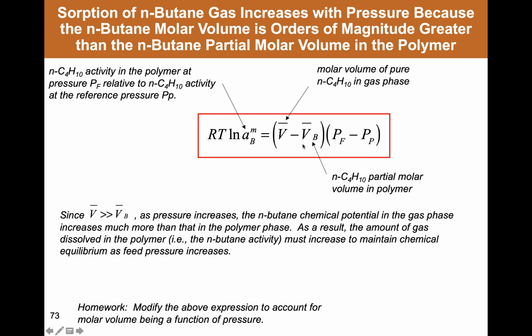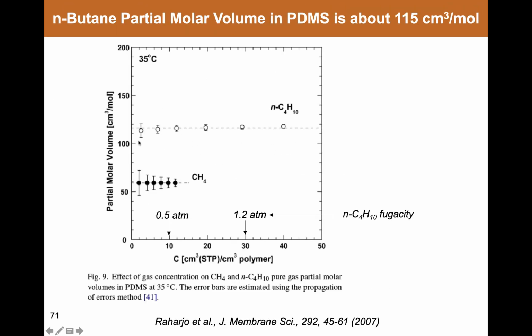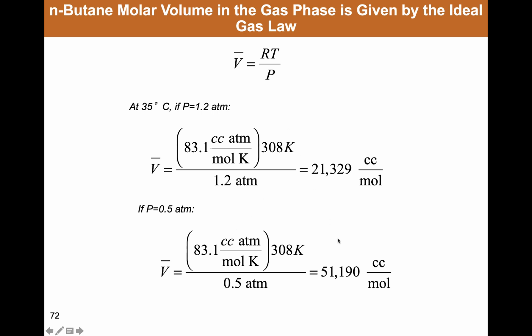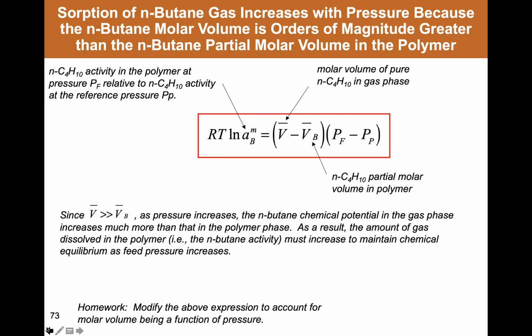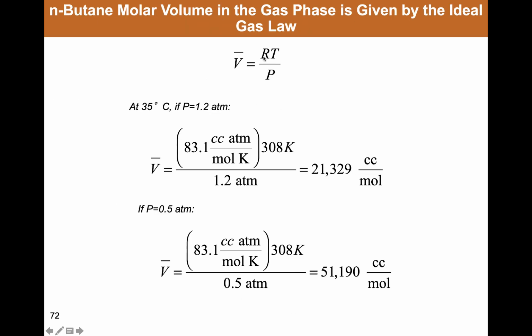It assumes that the molar volume and partial molar volumes are independent of pressure, and while that is approximately true to a very good approximation for the partial molar volume, it obviously can't be true for the molar volume. And just as a hint, a good homework problem is to go back through the derivation of this expression and modify it to take account for the molar volume being a function of pressure, for example, through the ideal gas